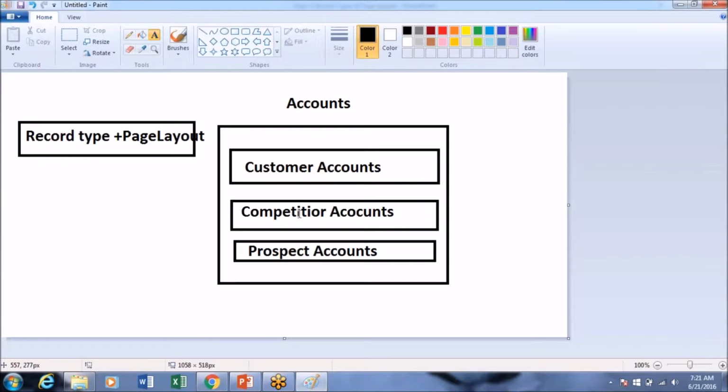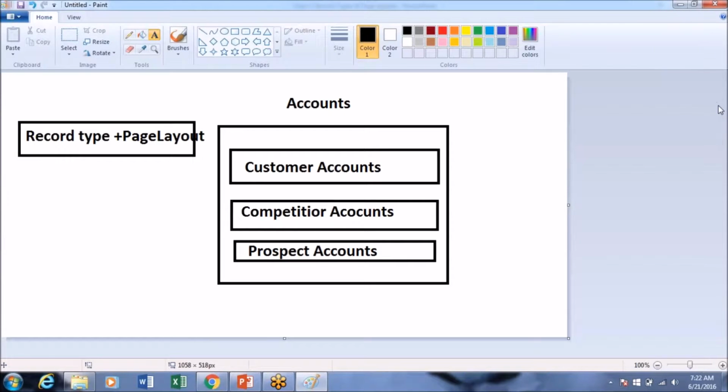Let's say we have 100 fields in account and we have created 100 custom fields on the account object to fulfill our requirement. So when any user, sales rep or sales manager logs in, if he sees 100 fields, what does he feel? He feels like, oh, what are these fields? What should I fill in these fields?